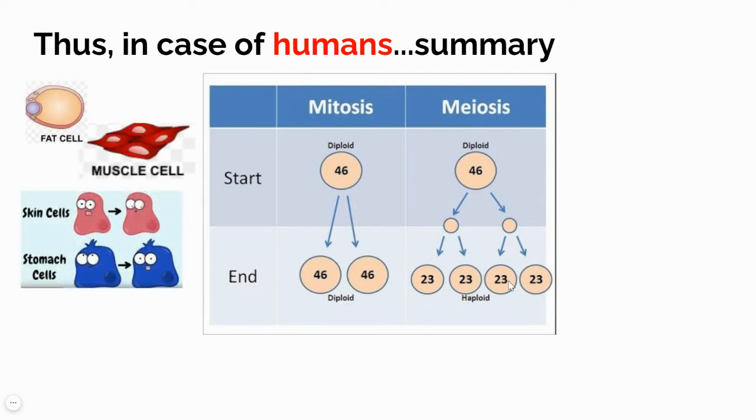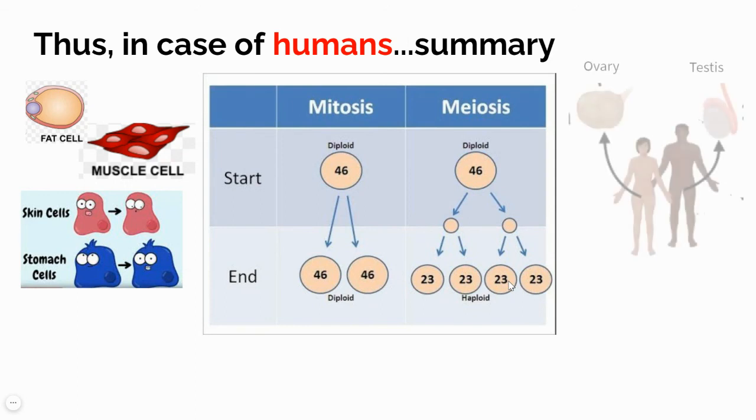Where will you see mitosis happening? In all somatic cells. Okay, what are somatic cells? All somatic cells in your body are diploid, and these are the regular cells like the fat cells, muscle cells, your skin cells, your stomach cells. So when they get damaged, the dead cells are replaced by freshly formed daughter cells, which are produced by mitosis. Okay, they're exact copies of the cells that were already there. So if your skin cell is damaged or you get an injury, then the dead cells dry up and scale out, but the existing cells in your skin divide by mitosis and produce new skin cells.